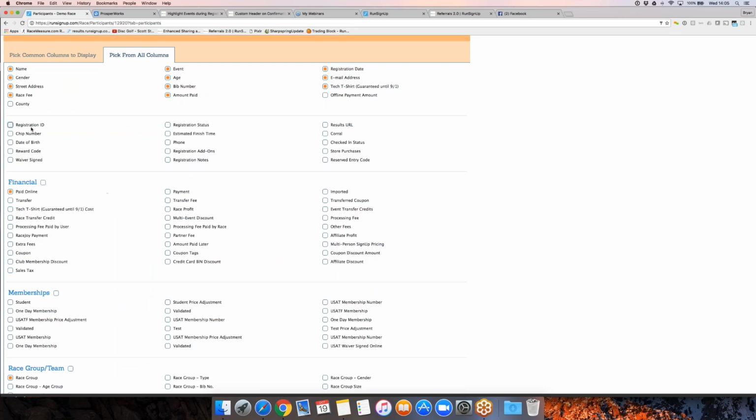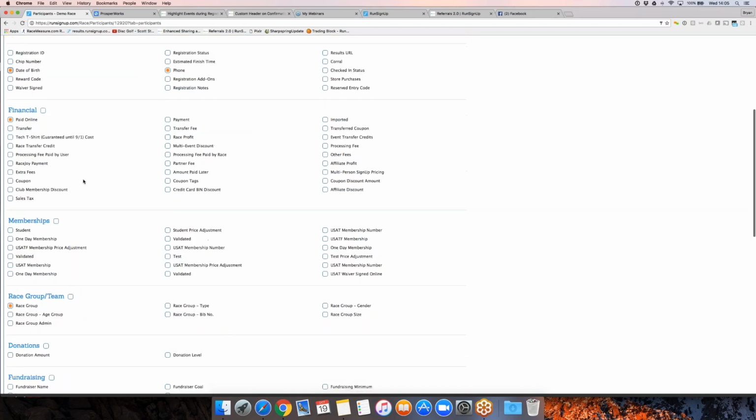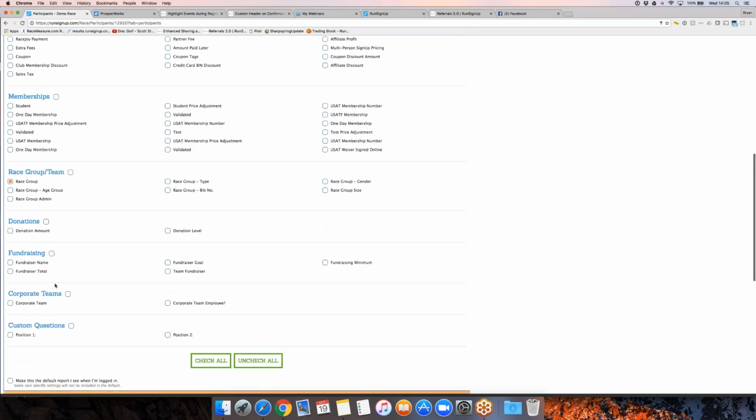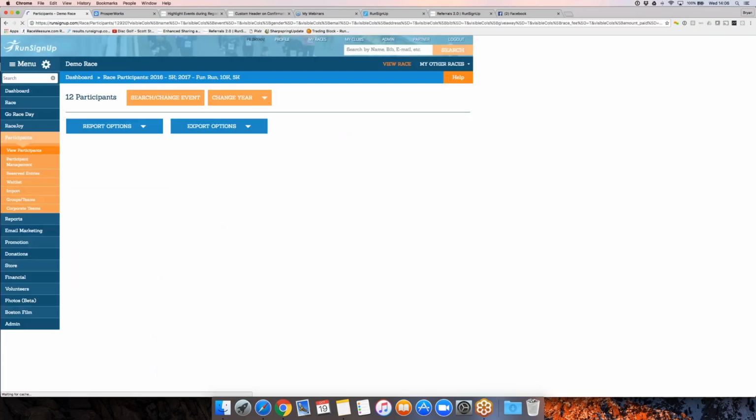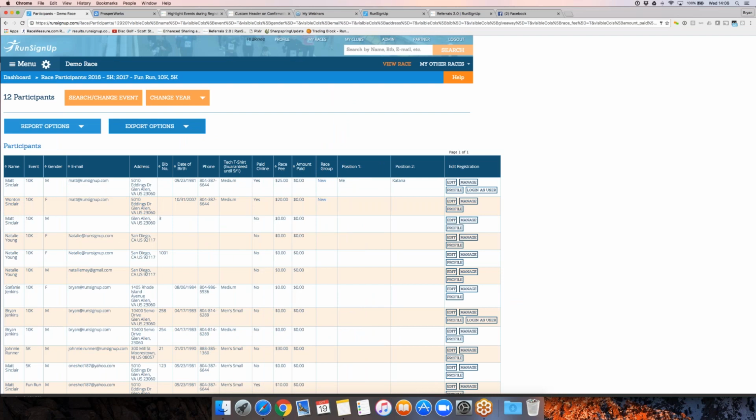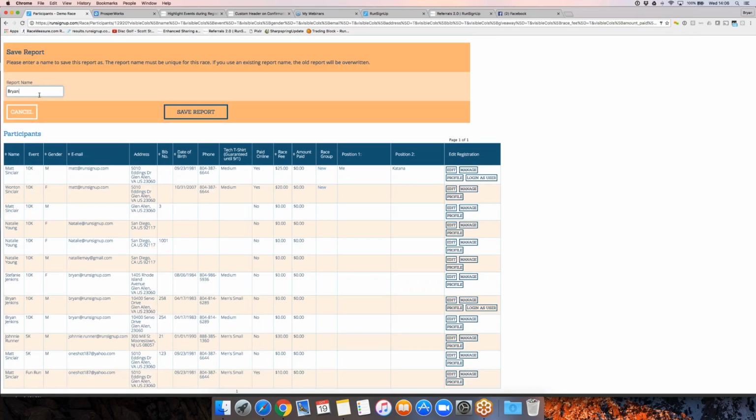So let's say I don't want registration ID, age, or registration date, but I do want phone number and date of birth, and I want to know some additional questions like these custom questions. So I can customize that information, and then once I customize this, I can save this report. I can give this report a name,